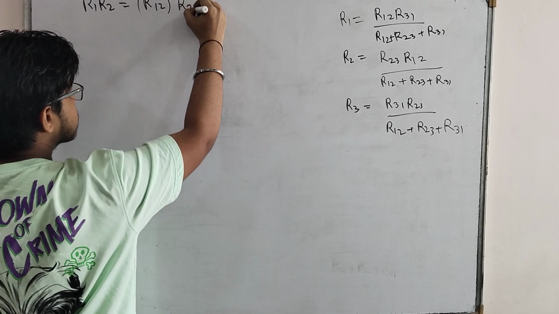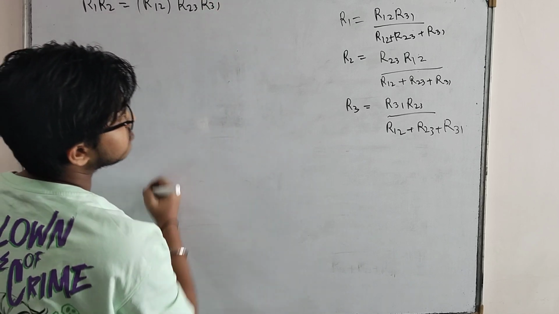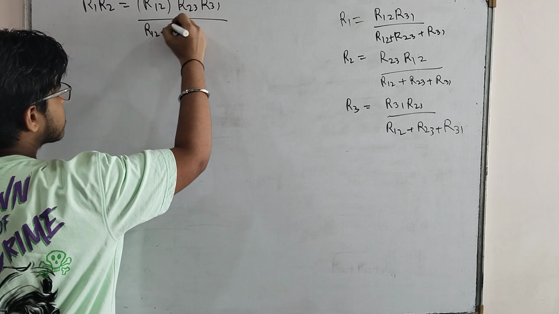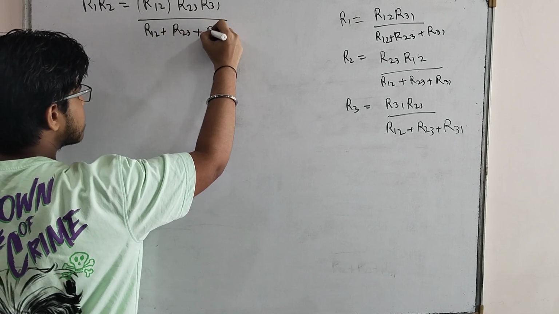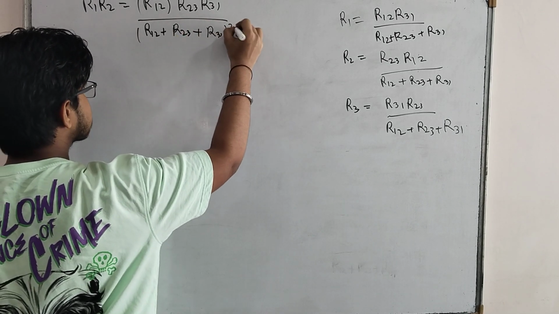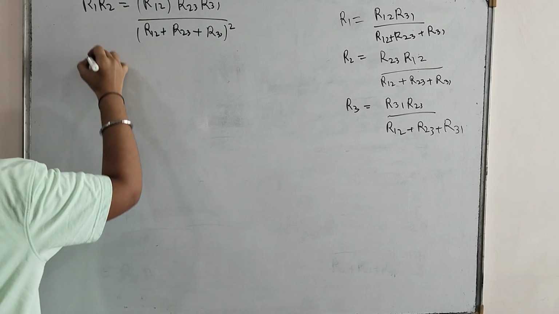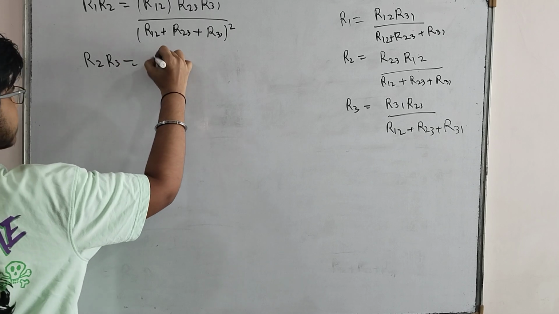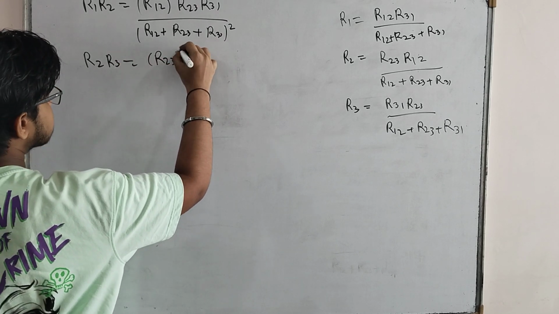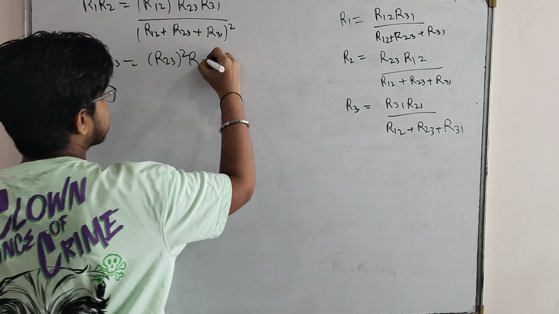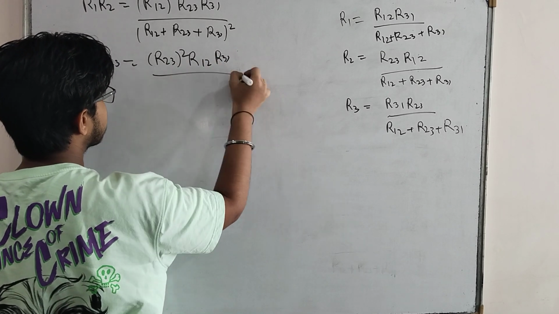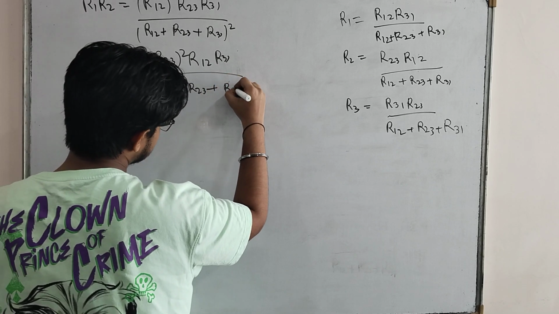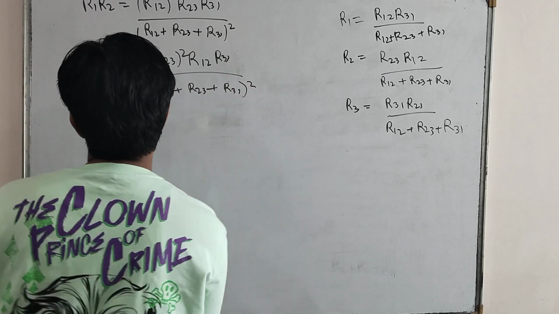Here we will get R23 into R31, divided by R12 plus R23 plus R31, the entire thing square. Likewise, further on solving, we will also get R2 into R3 as R23 square into R12 into R31 whole divided by R12 plus R23 plus R31 the entire square, and by